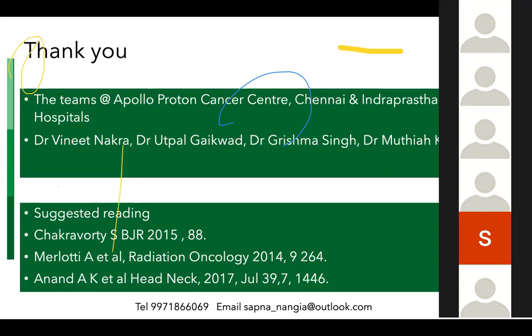How about post-op RT indication, is it true if the patient has received neoadjuvant chemotherapy due to logistic issues? What will you do? Sorry, come again. In case of post-op RT, the patient has received neoadjuvant chemotherapy due to logistic issues. I think surgery, because of that surgery date. Then will you take that patient for radiotherapy? Yes, very much. I don't think that changes.